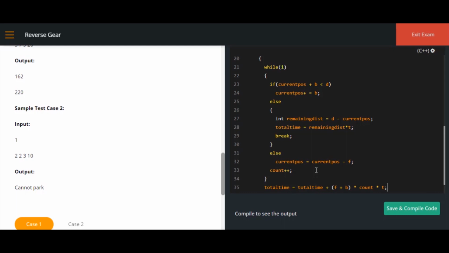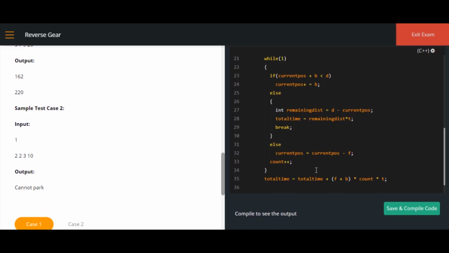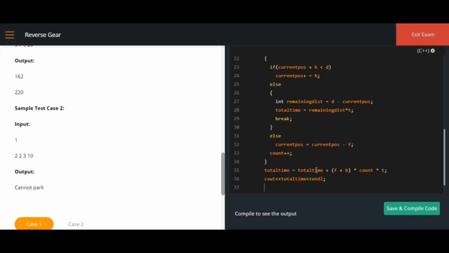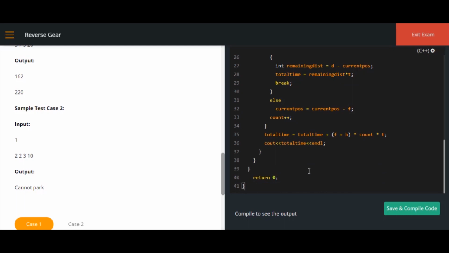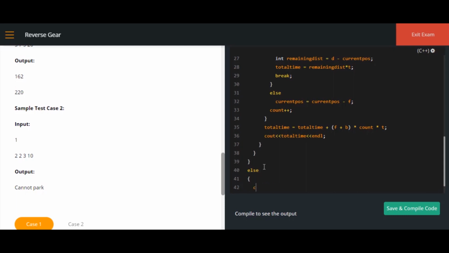So that would be t. That's it. Now once this is done, we simply print the total time. That is what is required. I'll put an end line over here. Let's close all the loops properly. Now if n is less than 0, then we simply print that it is an invalid test case.